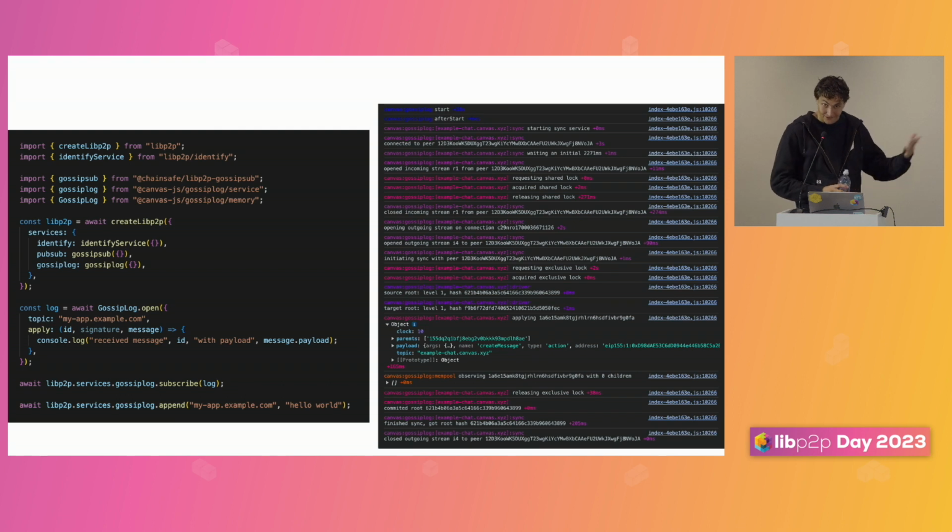This service is called GossipLog, one of the internal components that we have open sourced. So you just add the GossipLog service to your libp2p thing, and then you can append arbitrary messages, arbitrary IPLD values to the log, and then they will be delivered in causal order to this apply function that you provide when you instantiate the log.